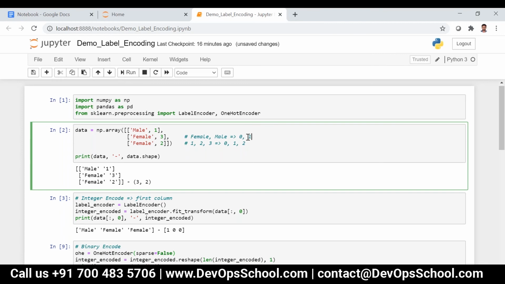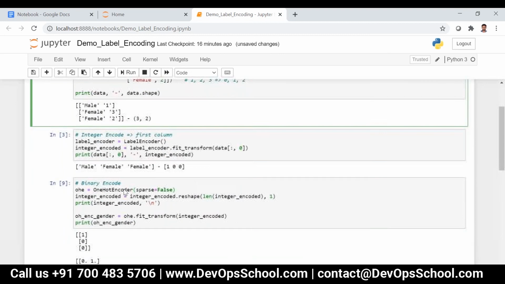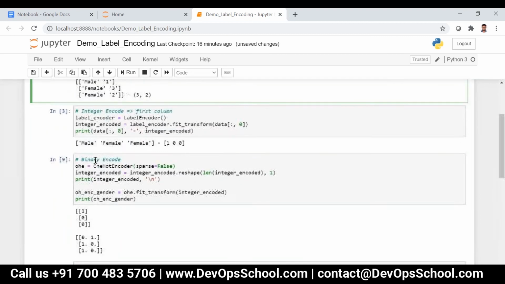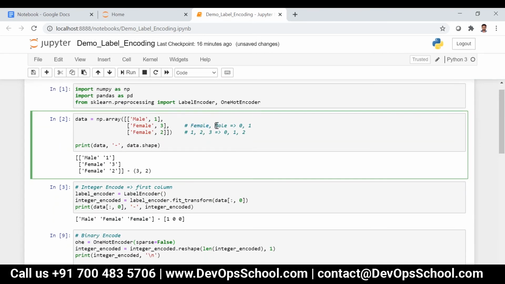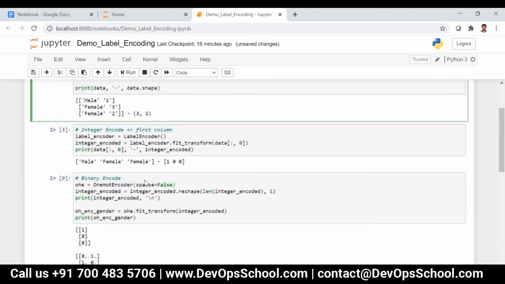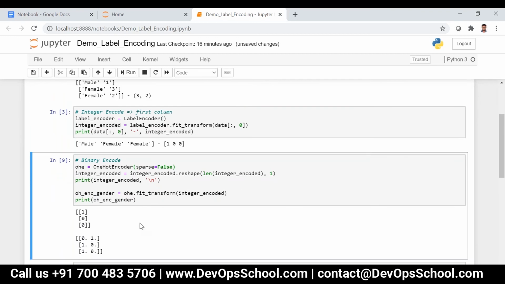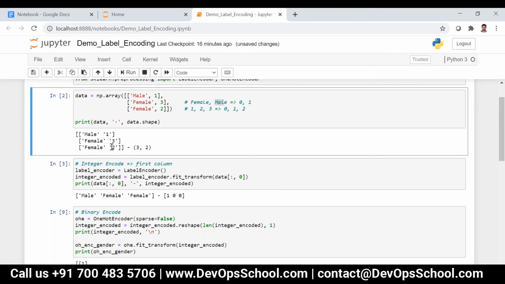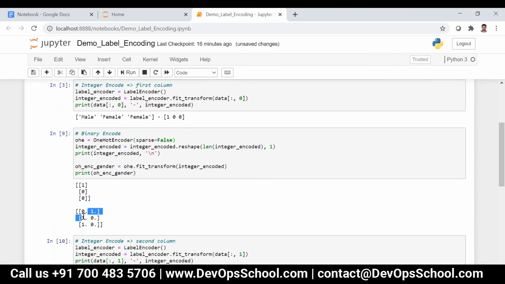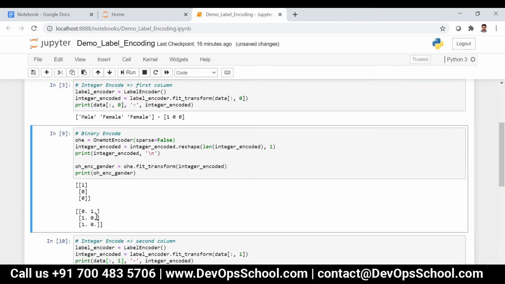Got it? So now, coming over here, the first one is male. Okay? So male means what? It's the second one. So this is 1, 0, and this is 1. So 0 and then 1. And then what is the second one? Is female. Now under female it is 1 and then 0.